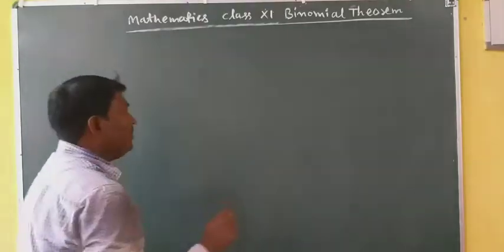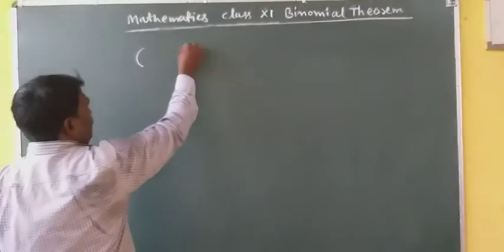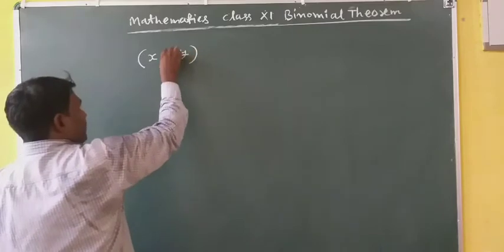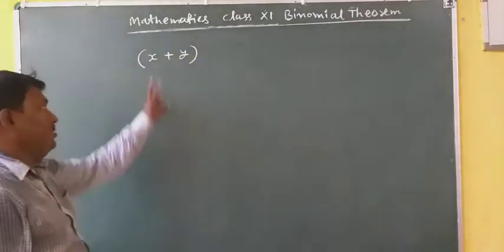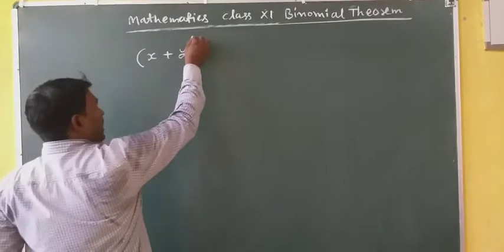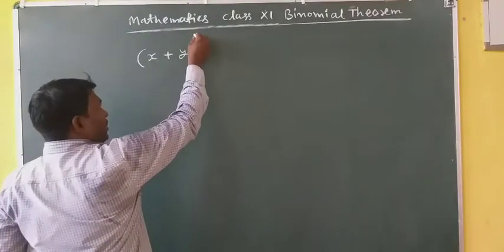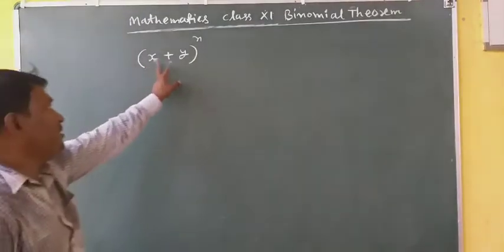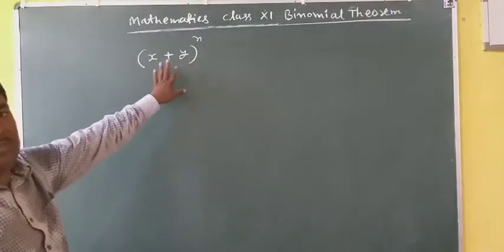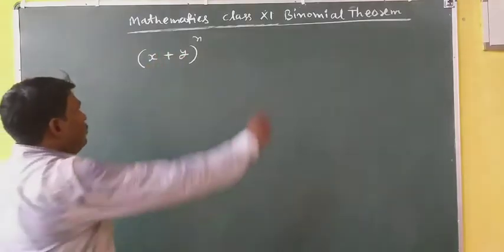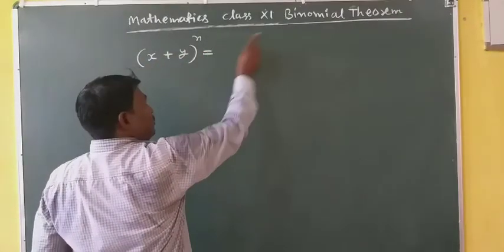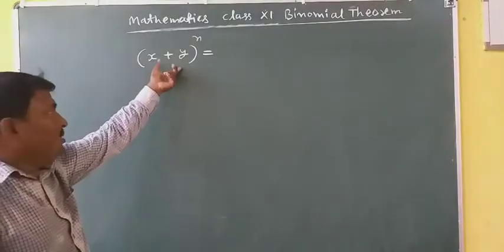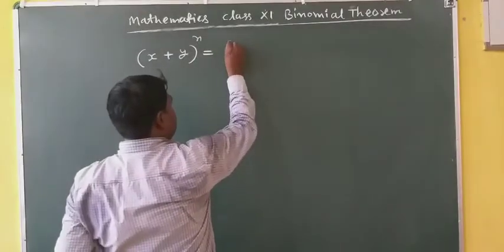Today I am going to explain the binomial theorem, and this theorem is applicable for the expansion of two-term functions. Suppose there are two terms x and y in the form of addition or subtraction, and there is a power or index n. Here n is a positive integer, and x and y are real numbers or some variables. According to this binomial theorem, the expansion of this function can be done just like